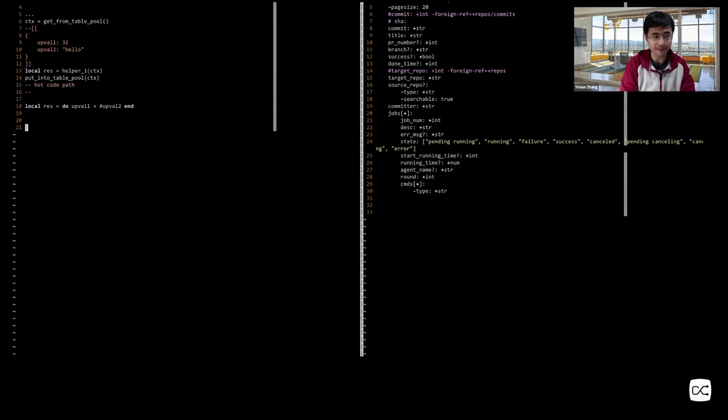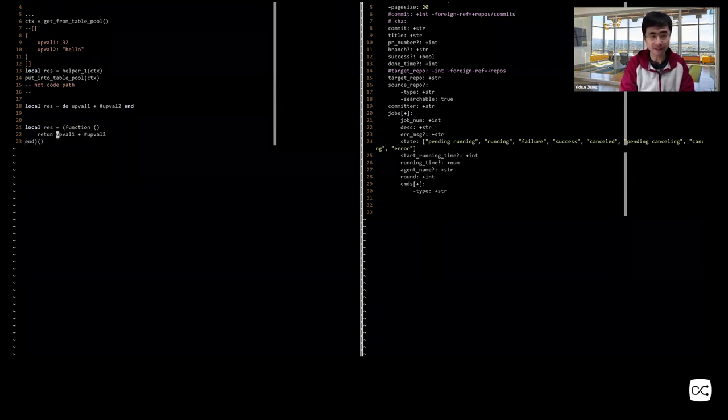If we use functions, we do things like this. The original, most naive way is to use a local result function: we create a closure and call it right away, and here we just return upvalue 1 plus upvalue 2. The code is short and good, but it's very expensive.